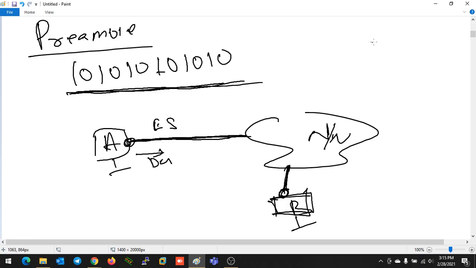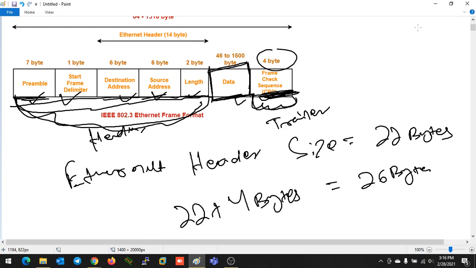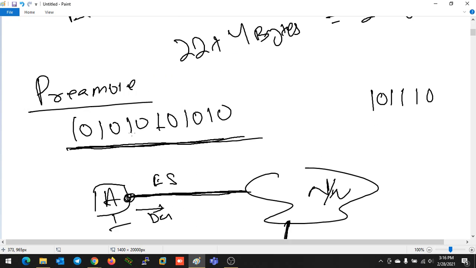Other signals if coming now, they will be like 10 11 10, might be all 0 or all 1, anything can happen. But if it's a data packet, then in the encapsulation process it has to pass through the data link layer, and when passing through the data link layer, Ethernet is going to attach the Ethernet header. When attaching the Ethernet header, it is going to attach the preamble field also. In that preamble field, all will be sequentially 10 10 10, total 56 bits like that. From that, my device can now understand this is an original data packet. So this is the work of the preamble field, just to identify that it's an original data packet.